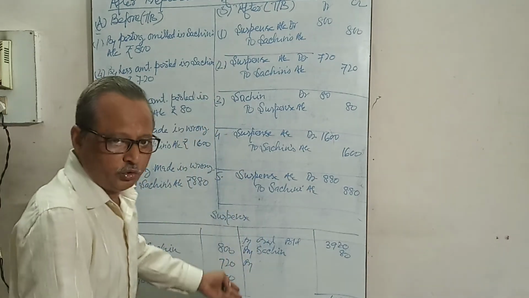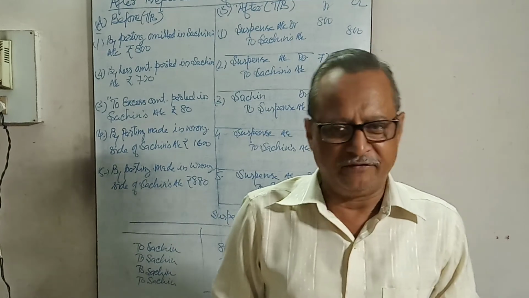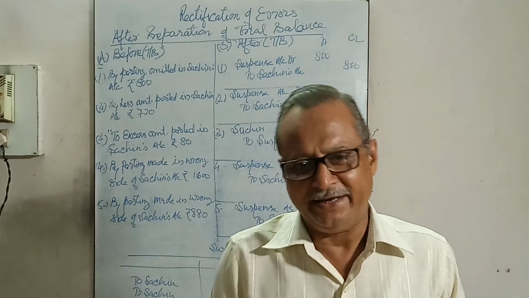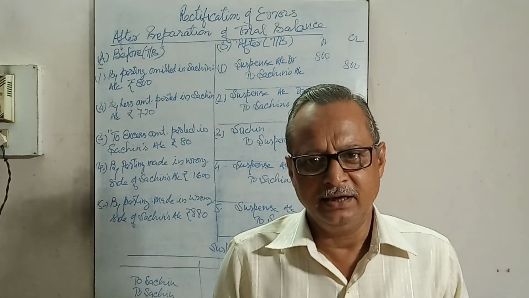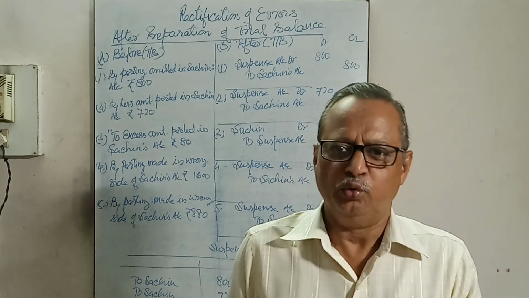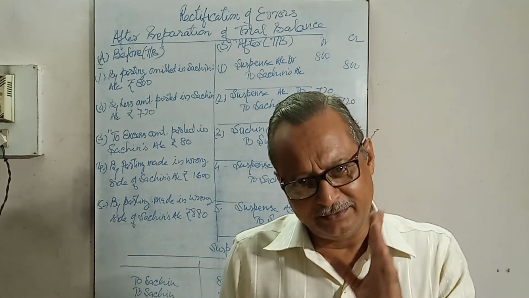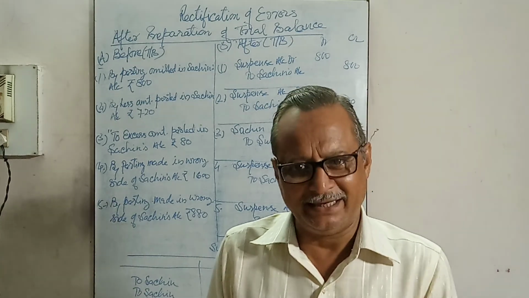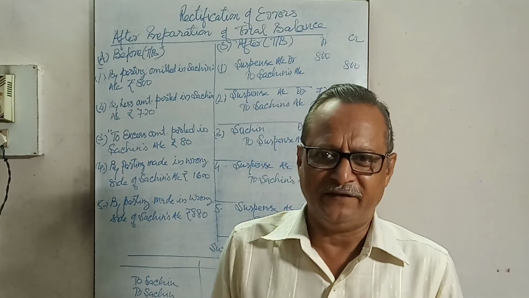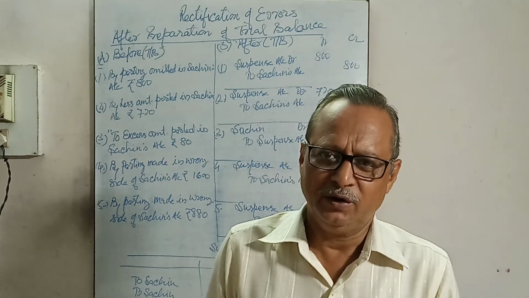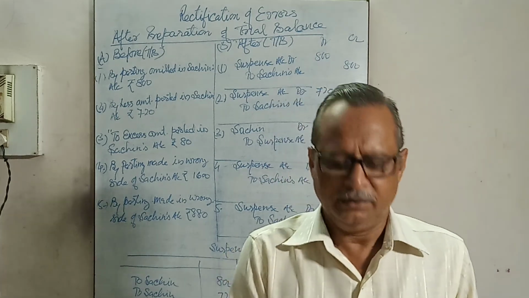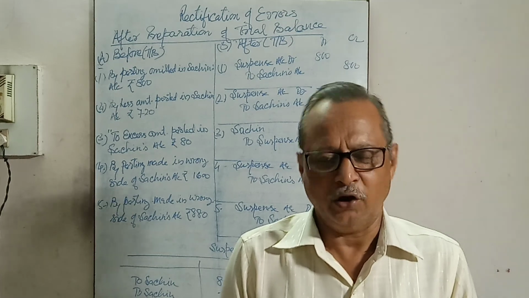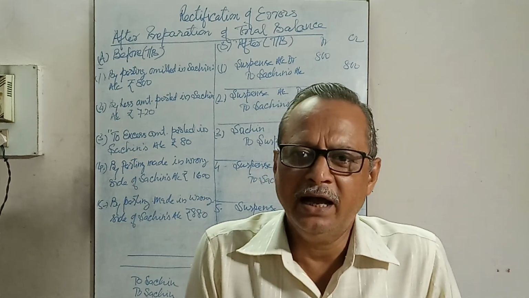Now, how to use the suspense account after preparation of trial balance, that we learned today. Next time we will take some more questions to solve, and we will learn how to rectify the composition of the double and single sided both. Now first you practice to rectify the single sided error, then after we will solve the common question in which both errors are there. Now it is enough. Learn it more. Have a good day. Thank you.